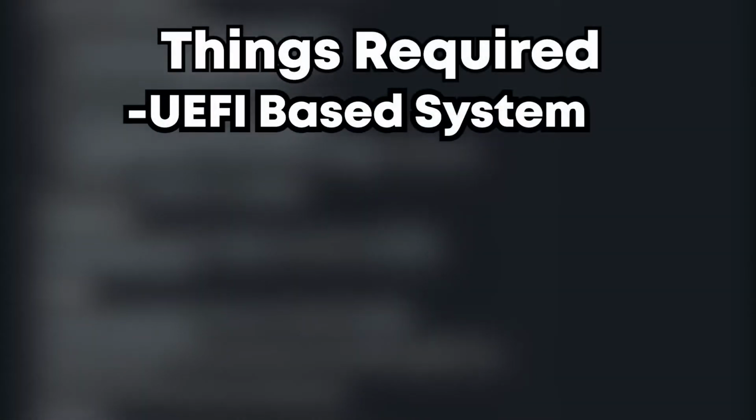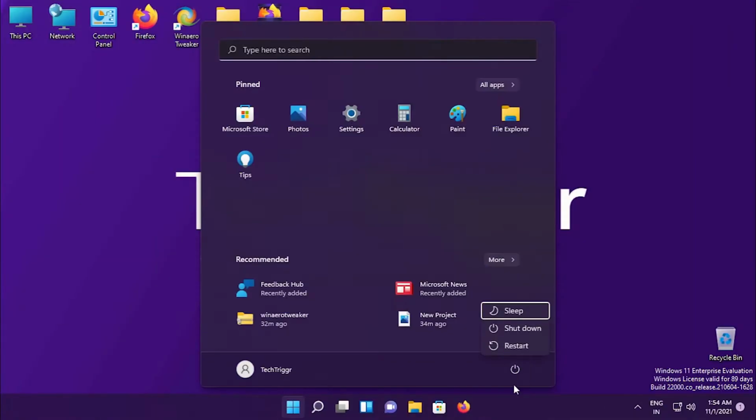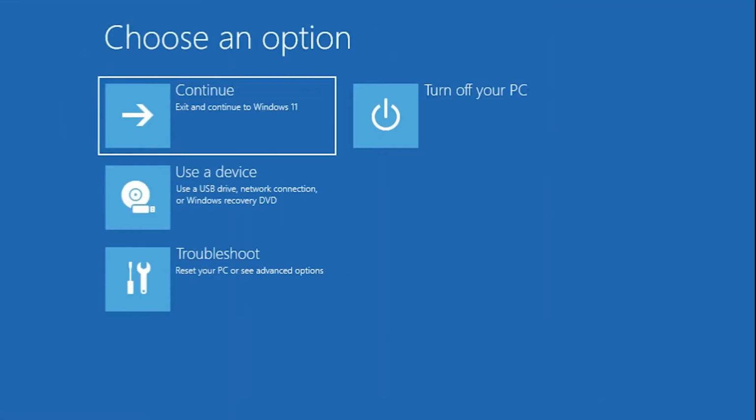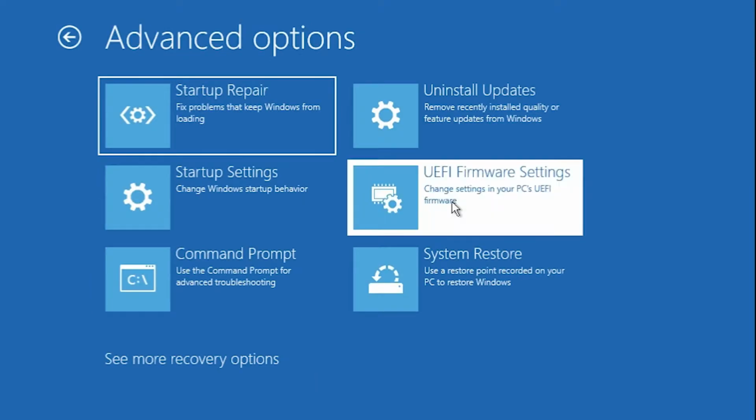And second off, you want to disable Secure Boot. To do that, press and hold the Shift key on the keyboard and restart your computer. Now instead of rebooting into your operating system, it's going to pull up this, which is known as WinRE or Windows Recovery Environment. In this screen, head over to Troubleshoot and Advanced Options. Now hit the UEFI Firmware Settings button and hit Restart.